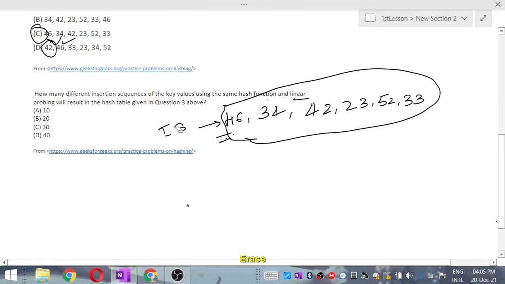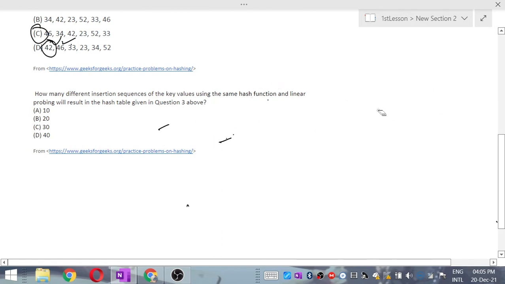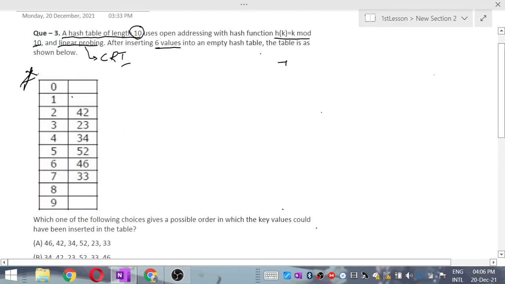We'll solve in the above section only. I'll read one more time: how many different insertion sequences are possible with the same hash function and linear probing that will result in the hash table given in question number 3. I hope everybody got it.